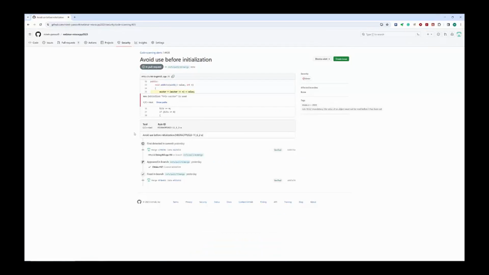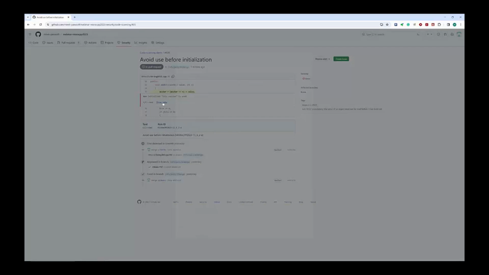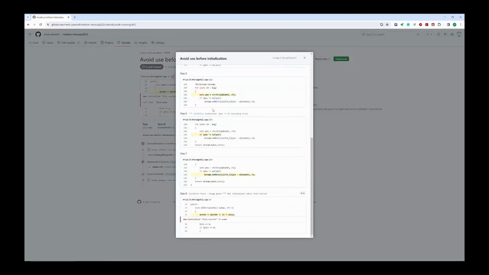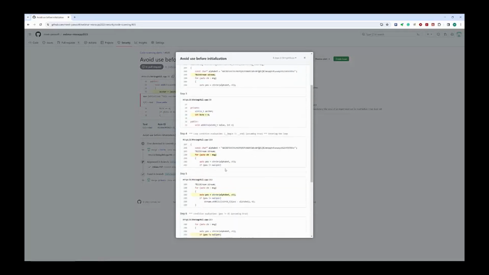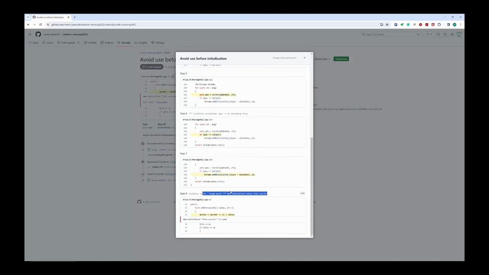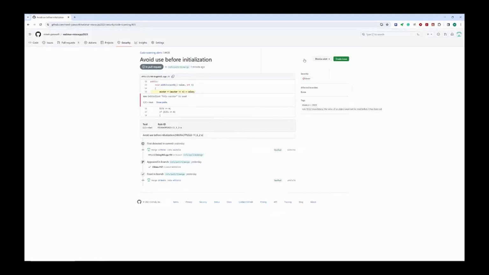This additional finding is a violation of MISRA rule 11.6.2. Thanks to the C++test GitHub integration, we see details directly in the pull request. We can click Show Paths to see an easy to understand path-like presentation. In this specific case, C++test found a path where an uninitialized class member is used. I have enough information here to fix the problem, but for me as a developer, it's more convenient to act directly in my favorite VS Code.